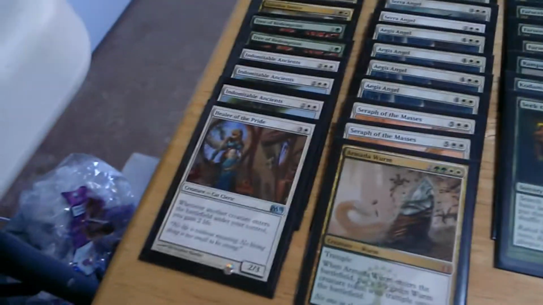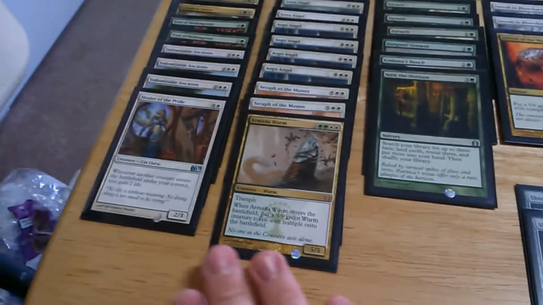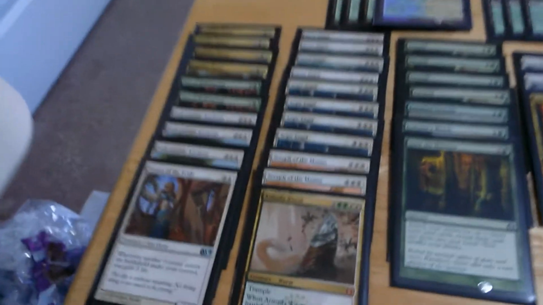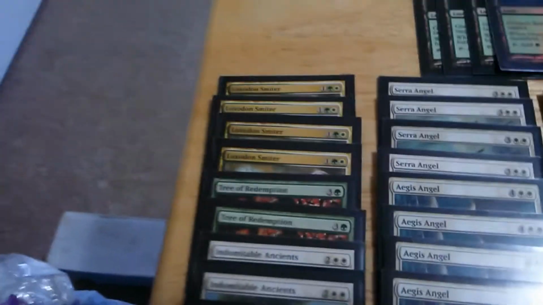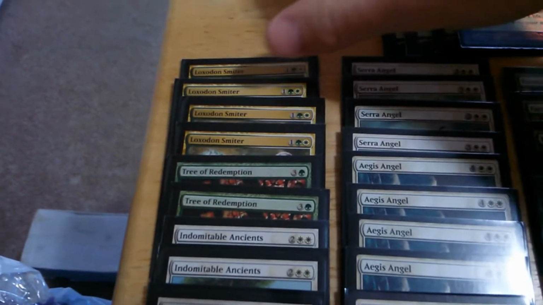So being that I have mana ramp covered, we have separated my creature cards into low cost and high cost in this sort of typical video fashion. This column of cards is a 4 cost and under, and then this column of cards is a 5 cost and higher. So what I have here is 4 Loxodon Smiters for a 3 cost. Now,